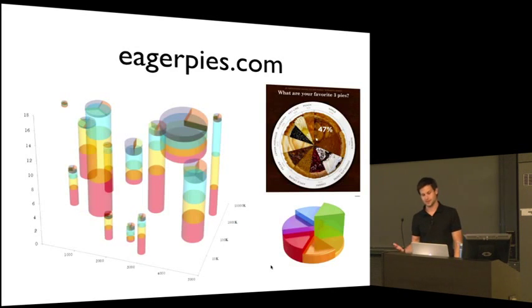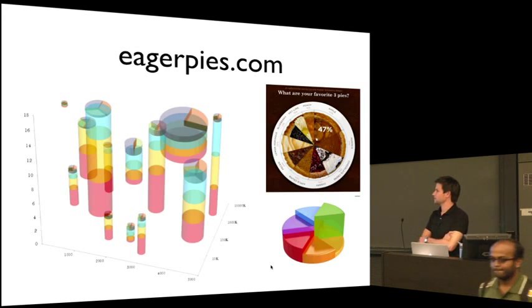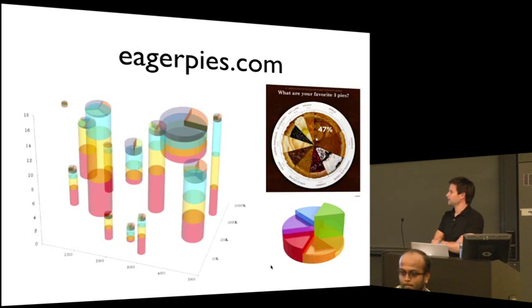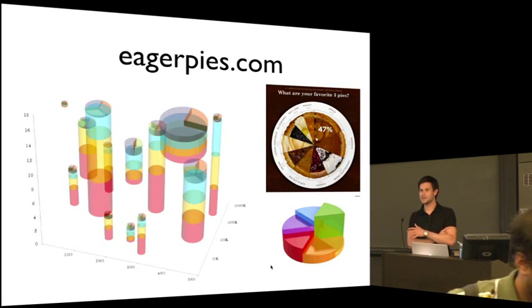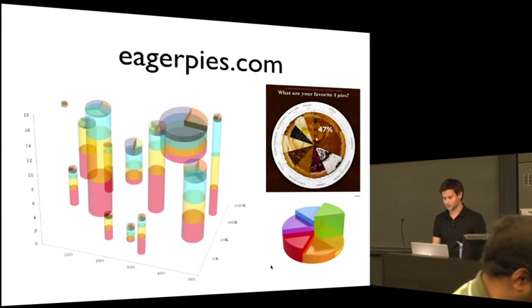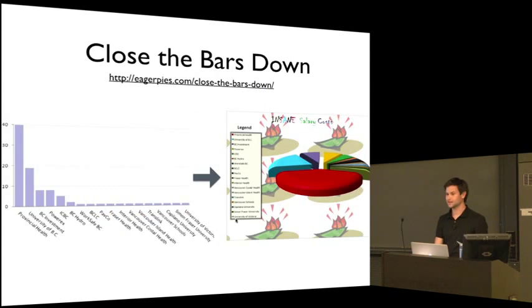There's a really popular blog in visualization called Eager Eyes. It's written by Robert Kosara, who used to be a professor and then moved to industry, and he's doing visualization at Tableau. And there was this counterpart which popped up on the internet, called Eager Pies. What they're doing is they take reasonably well-designed charts and turn them into nightmare